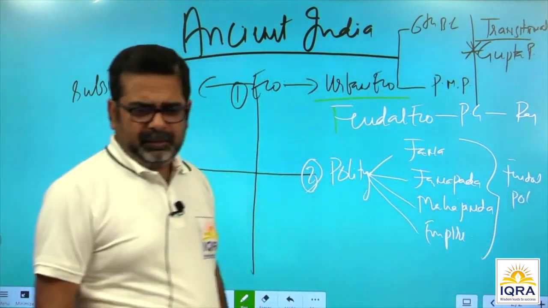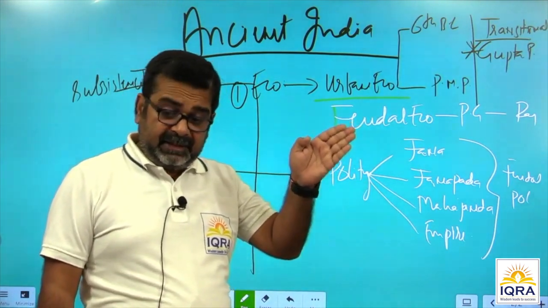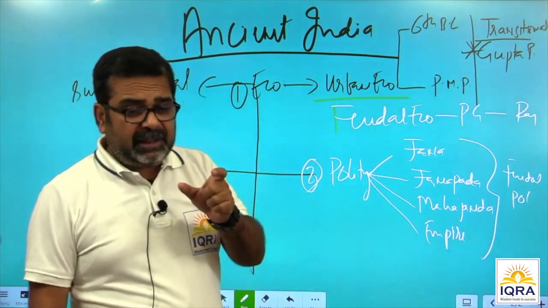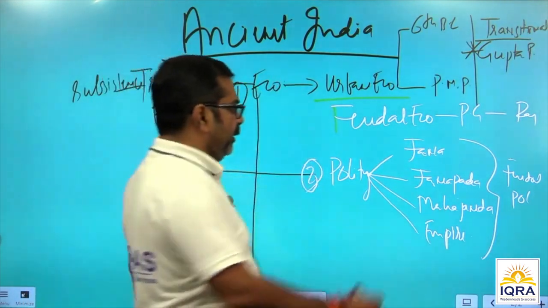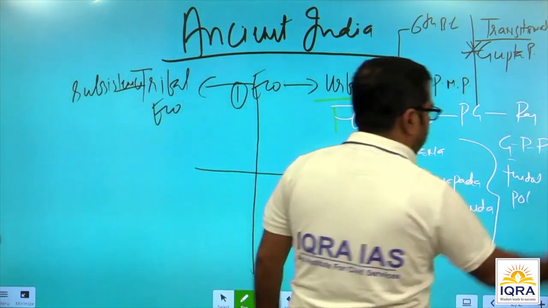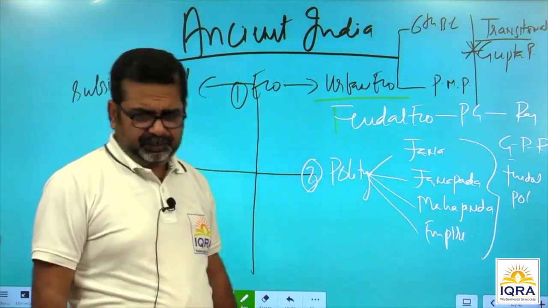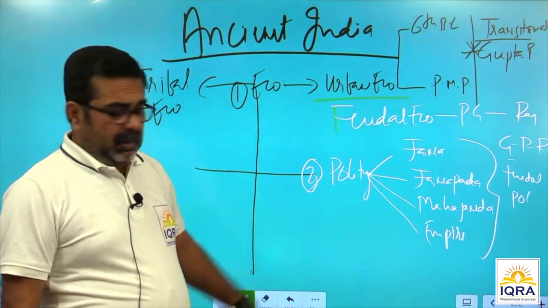Feudal political order, starting from decentralization, starts from post-Maurya. Feudal political order starts from Gupta period, post-Gupta to Rajput period. Feudal political order, complete change. Then you will see